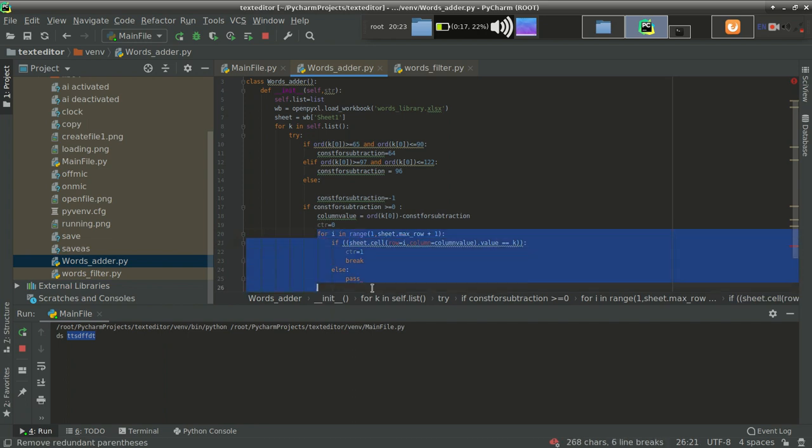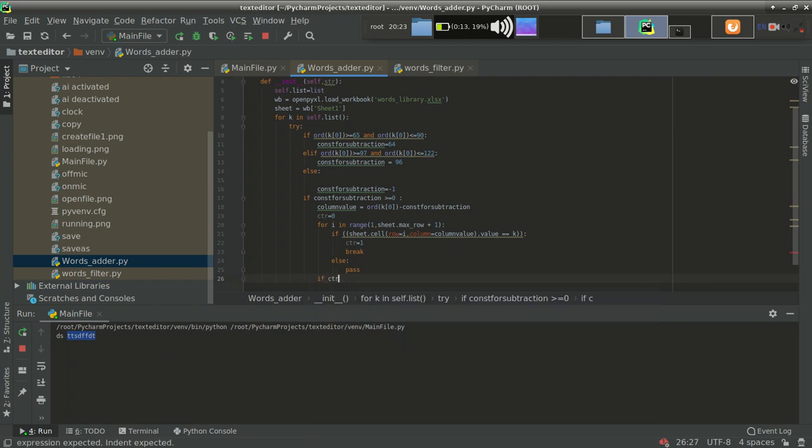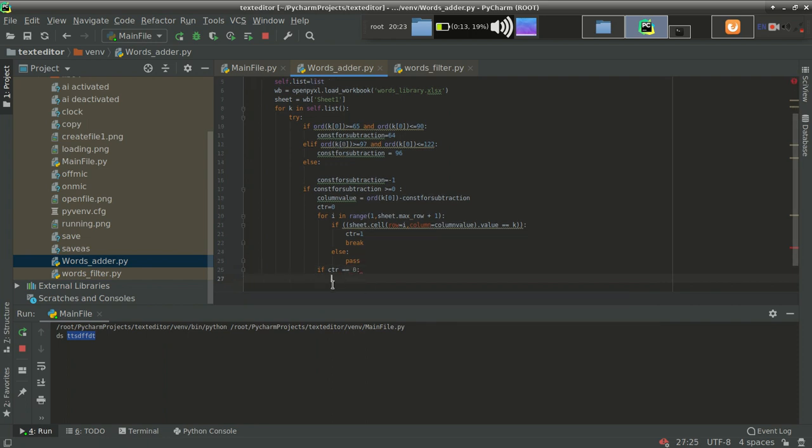So finally the row will end, because there will be a limited row. At the end of the row, what we will get is, let's verify. At the end of the row, we will check if the counter for a particular word is 0, it means we haven't got that word, or that word is not present in the list. Because if it is present, then counter should be 1. But if counter remains 0, it means it is not present in the list. Then what we will do is, we will simply add that word into the file. So how we will do that?